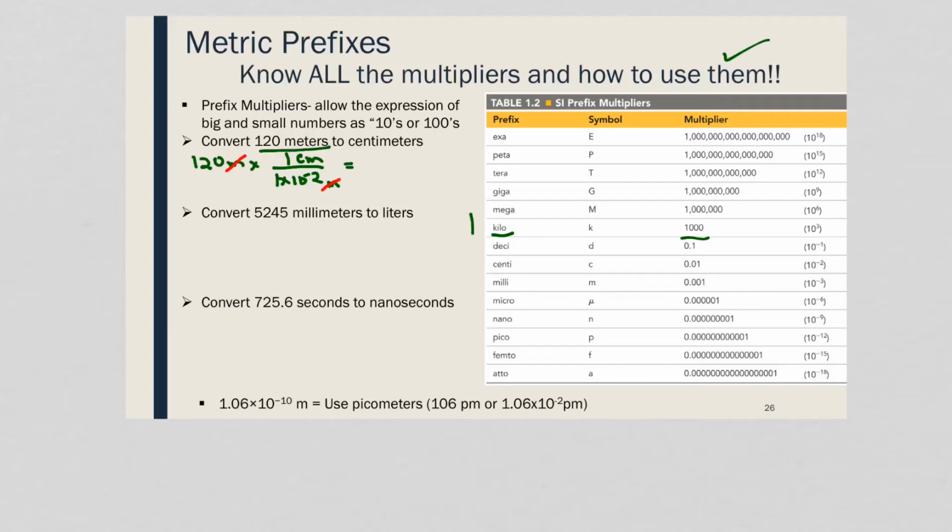If I go through and do this, we're going to end up with 12,000 centimeters, or you could write this as 1.2 times 10 to the 4th centimeters if you want to put this